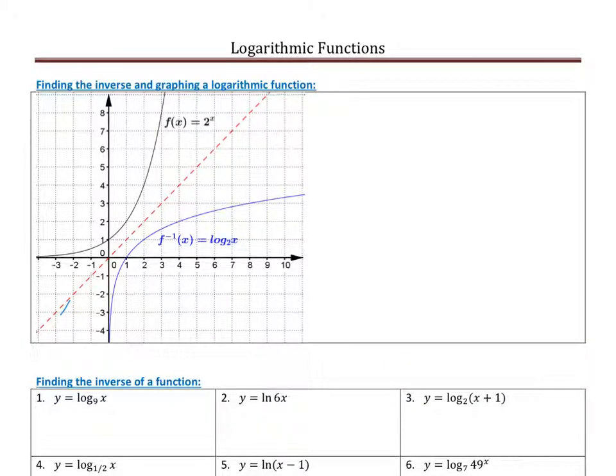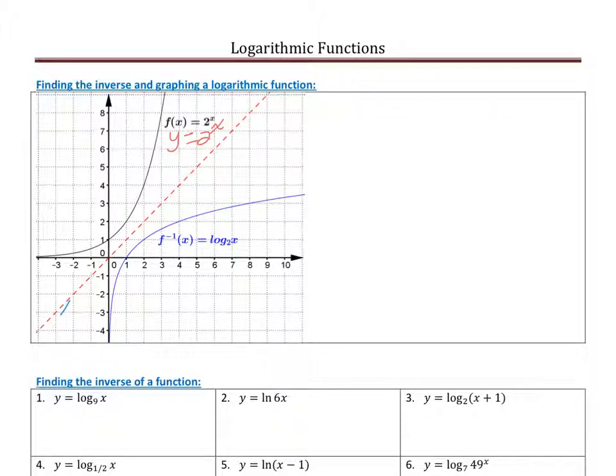What do they look like when they're graphed? Well, I'm going to go back to the same example that I've been using all along. F of x equals 2 to the x, and again, that's just y equals 2 to the x. So we've got the same base 2 that we've been looking at, and we know exactly what some of those points are because we've made a table. We know that as that exponent x gets more and more negative, we approach that horizontal